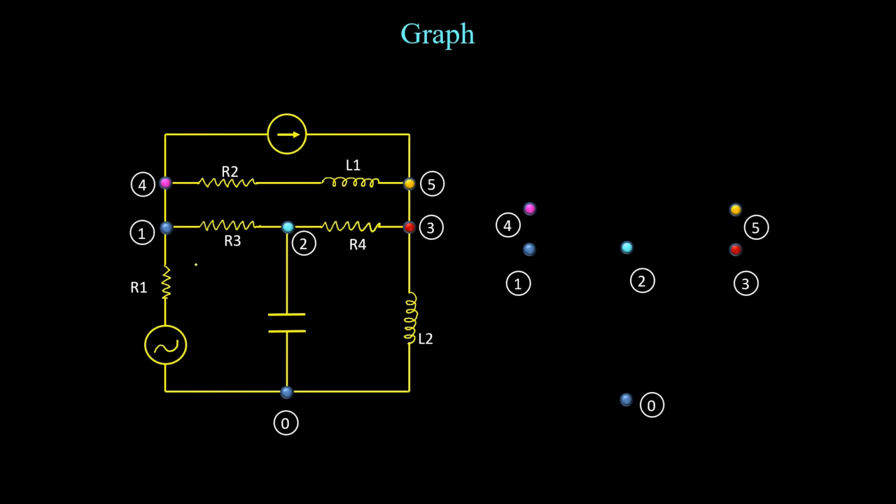Then you have to check line by line whether there is any line or branch connected between any two nodes or a pair of nodes. So you can see, is there any connection between the first node and the reference node? Yes, we have. We have a voltage source which is connected in series with the R1. So there is a branch connected between the first node and the reference node. You just put a tick mark if there is a line between the respective nodes. So now we have one line.